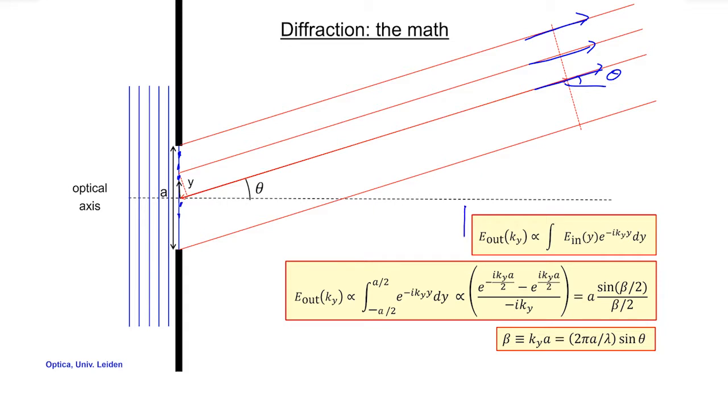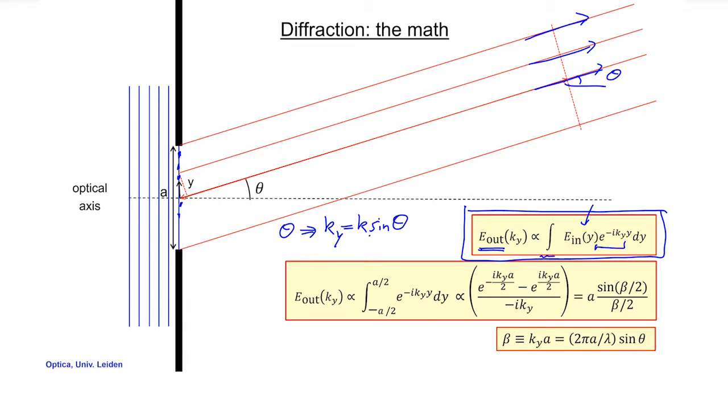And the outcome we found was that the field far away as a function of angle, but instead of angle we used a rewrite in terms of the y component of the wave vector, k times the sine of theta. And then the field far away as a function of angle, or ky, depends on the field in the slit, integrated over the slit,